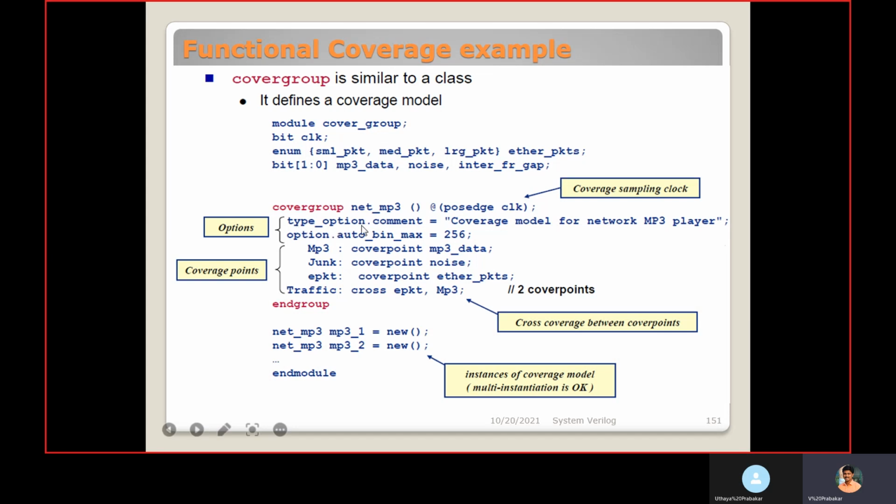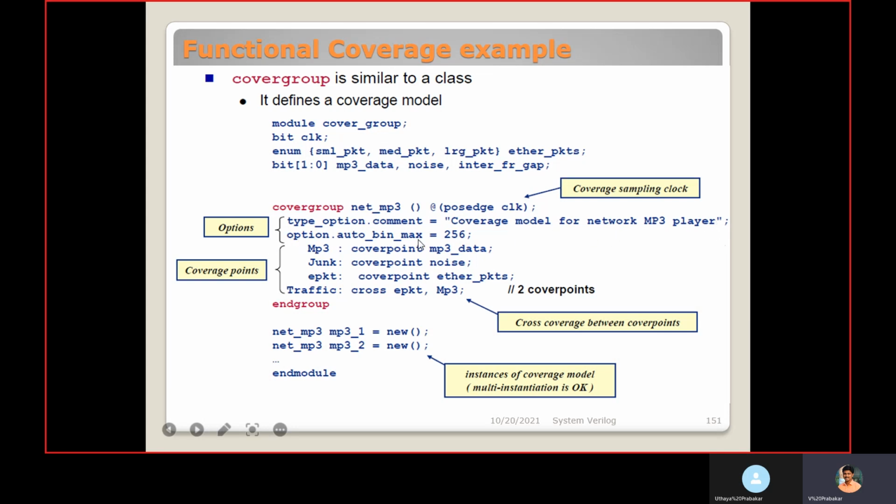So option.comment. If you want to mention any comment for this covergroup, you can mention it with the help of this option.comment. Coverage model for network. You can mention it in double quotes.